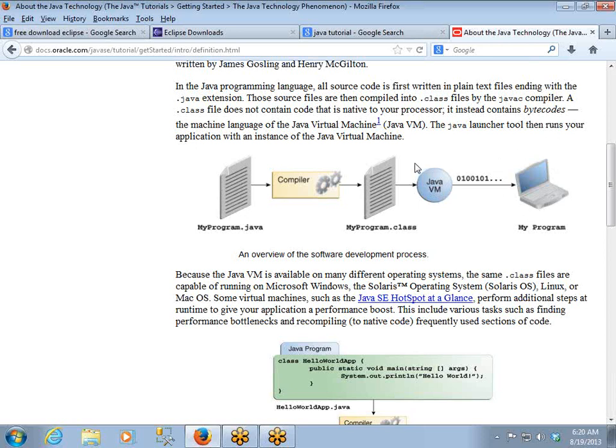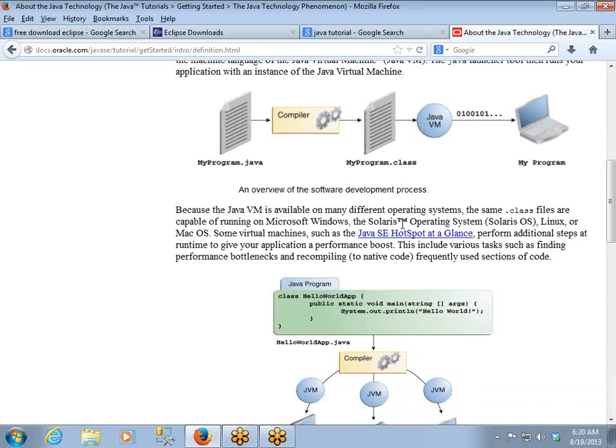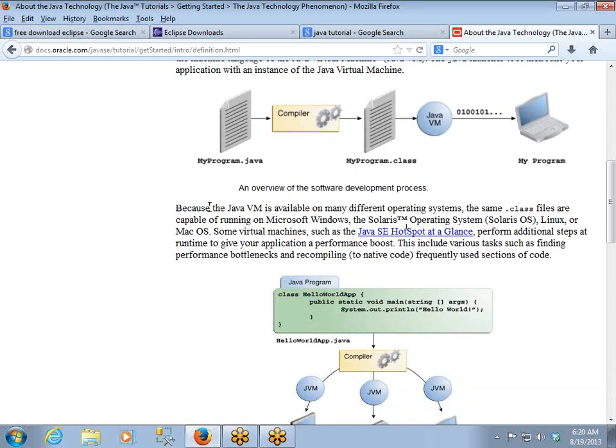Is this virtual machine only one implementation? No. The Java virtual machine is available on many different operating systems. It takes only the .class file as input and converts it to the underlying operating system's instructions.